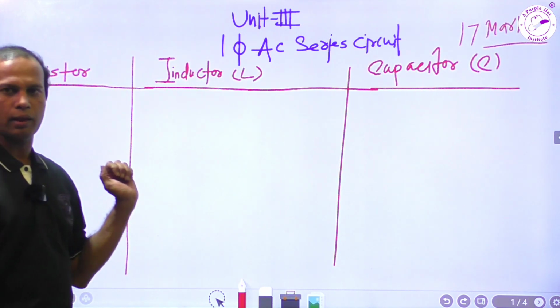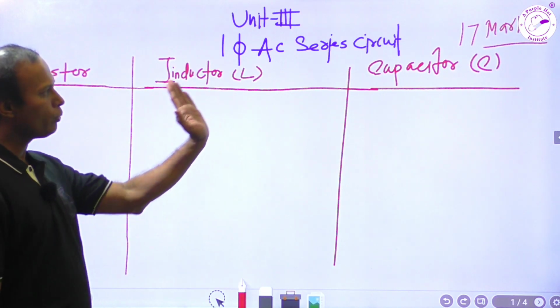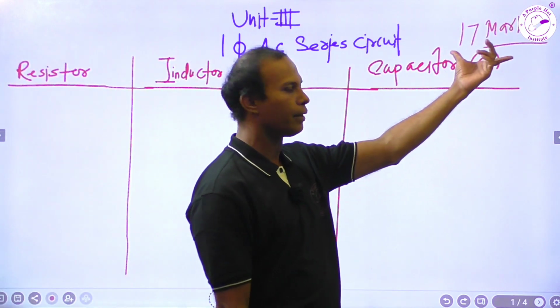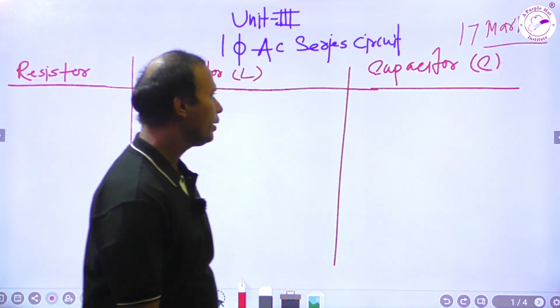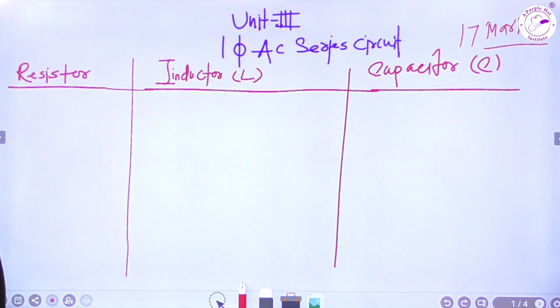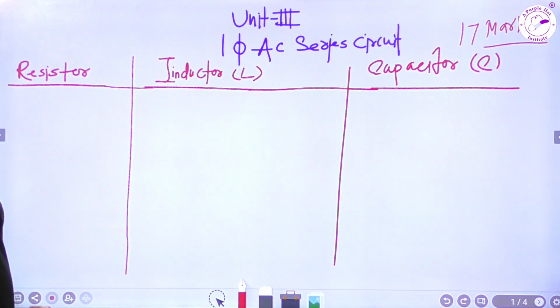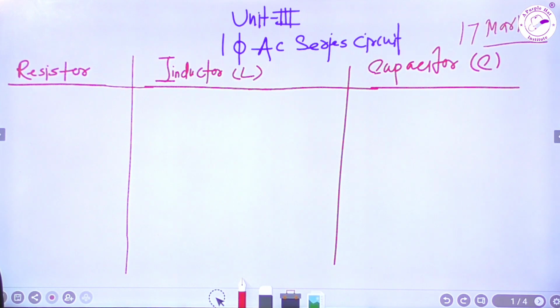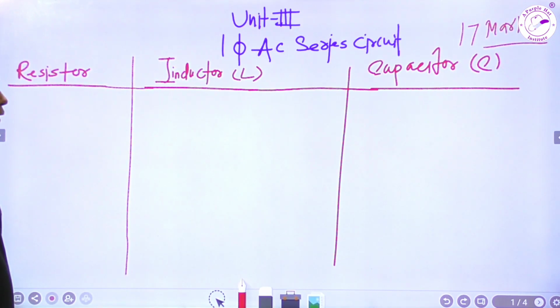We will cover the entire syllabus but in short duration, and we will see where 17 marks can be taken in our pocket. This is important. In 17 marks, there will be 30% theory and the remaining 70% will be only numerical. So I will cover numerical also in this video.